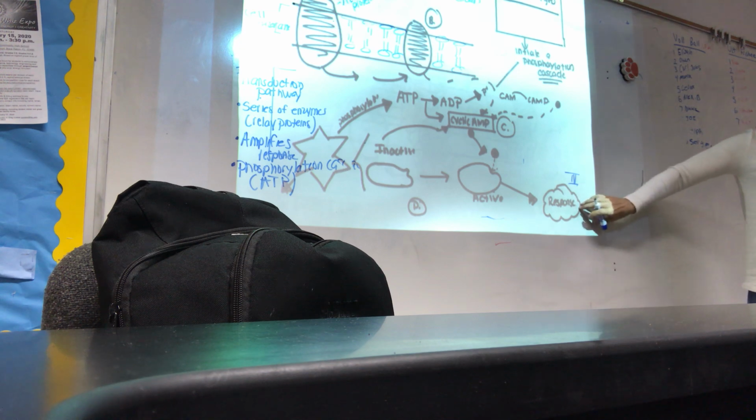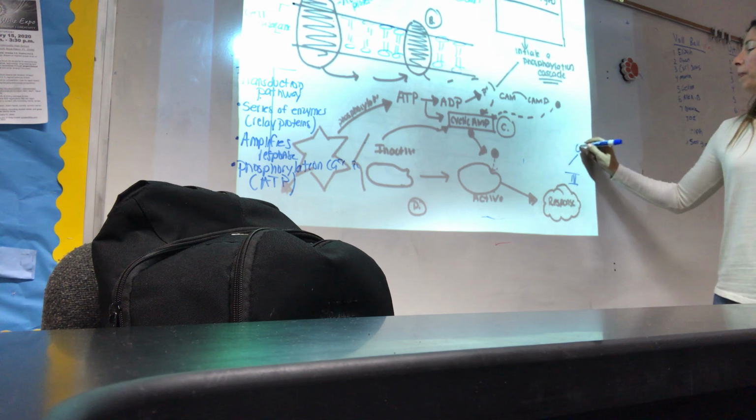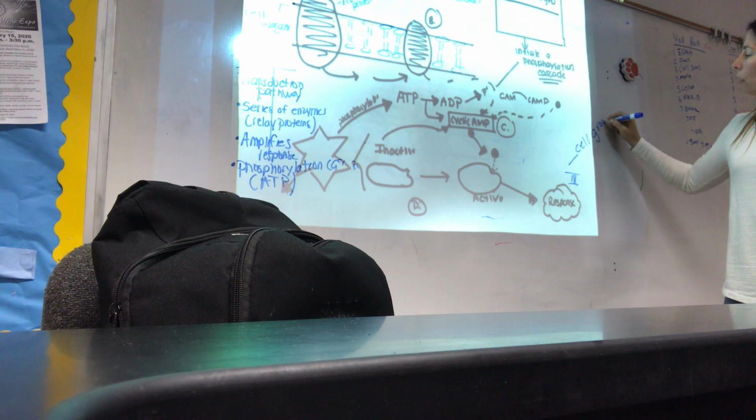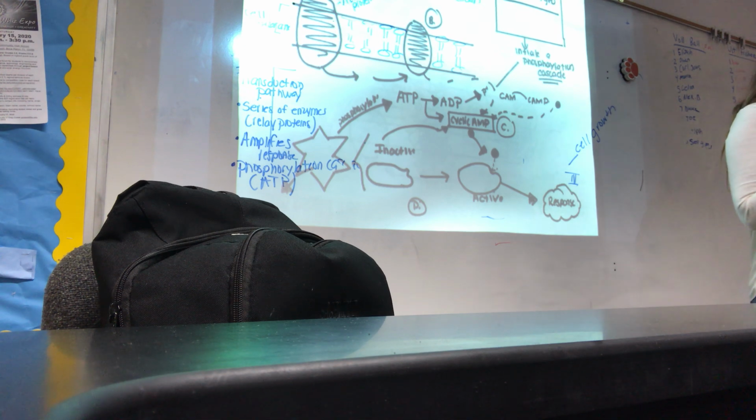Okay, guys, so what are types of cellular responses? One would be cell growth. When you form a gash like Blake did in his skin, remember, your cells can do paracrine signaling. They release growth factors that will trigger the cell to start going into mitosis so you can replace the cells